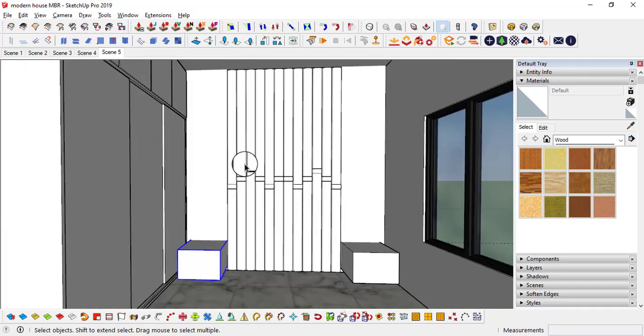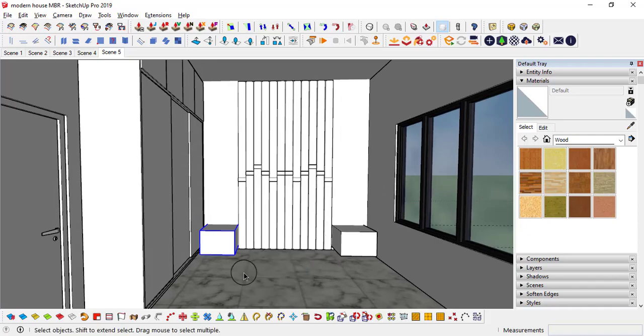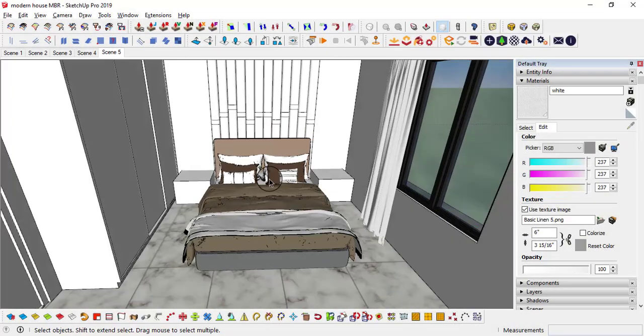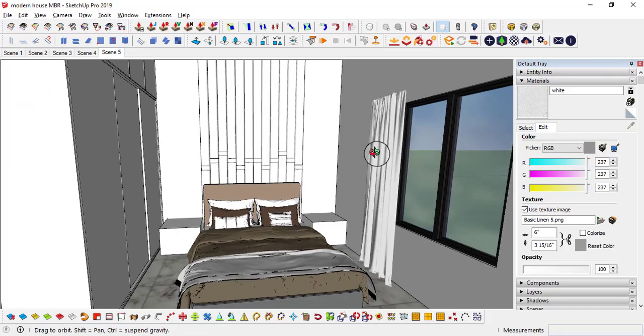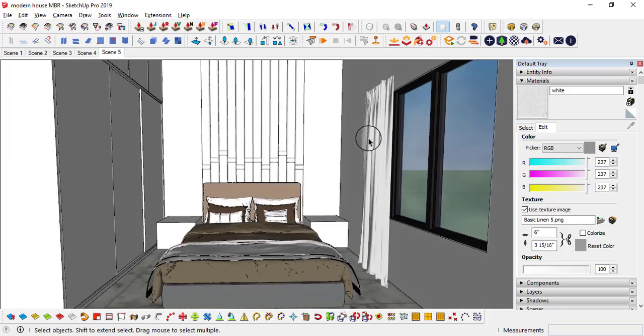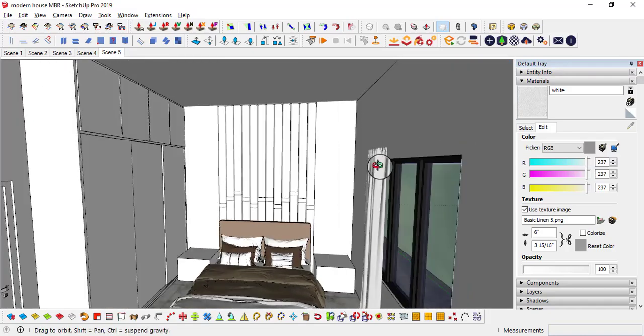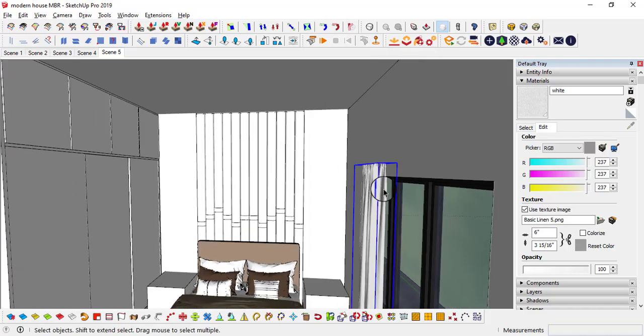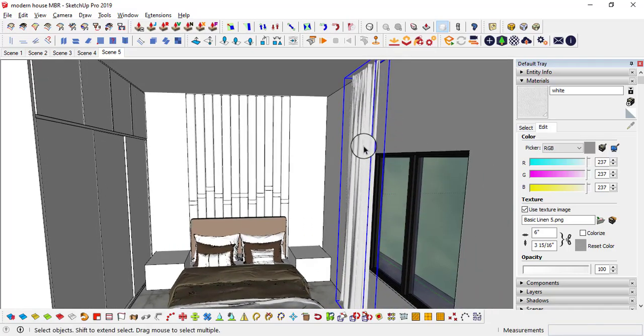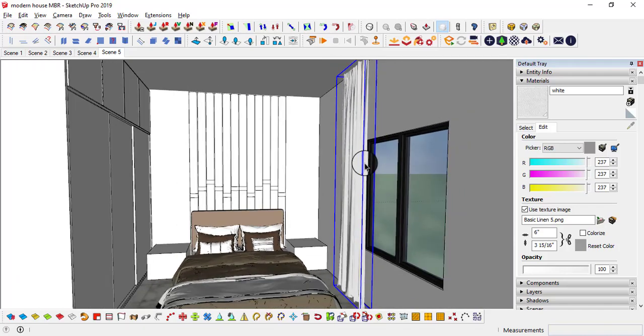Once we have the bed, we can adjust this height, and here we can place a sample photo frame. I have one image for that. To make it simple, I am going to copy the bed and curtains. I have copied this bed and the curtain models from 3dwarehouse.com only. Here we are going to make these curtains up to this roof, like I have increased the scale up to the ceiling.